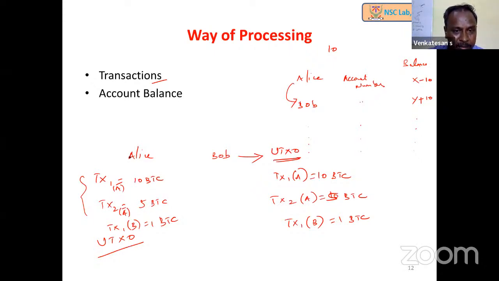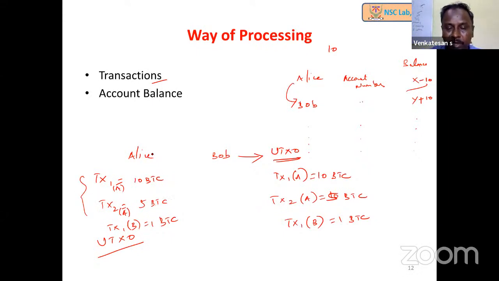Now, if I want to find the balance of Alice, then I have to go through all the transactions and count the total. Then only it is possible for me to bring out the total. Unlike in account balance, we are not storing the complete balance; subtraction and addition, that is credit and debit, is not going to happen. Everything is stored in the form of transactions.